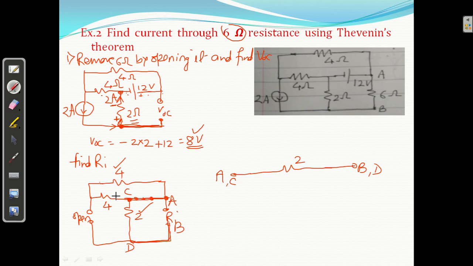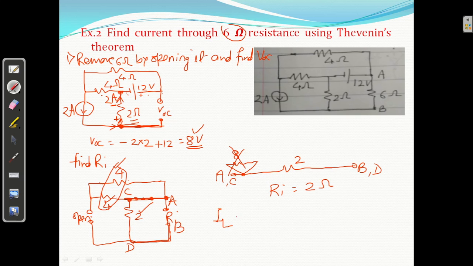This 4 and this 4 in series. Why? Because whatever the current is coming, यहाँ तक आएगा, यहाँ से यहाँ current 0 आएगा. So whatever the current is coming, पूरा का पूरा current यहाँ आएगा. Is it clear? Because it is open है. So this 4 and 4 in series. कहाँ connected between A and other end कहाँ है? C. So A यह है 8 ohm और C यही है, एक ही point है. 4 and 4 series connected to the same point. इसका मतलब ये short है. Forget it. So what is the RI? 2 ohm between A and B.